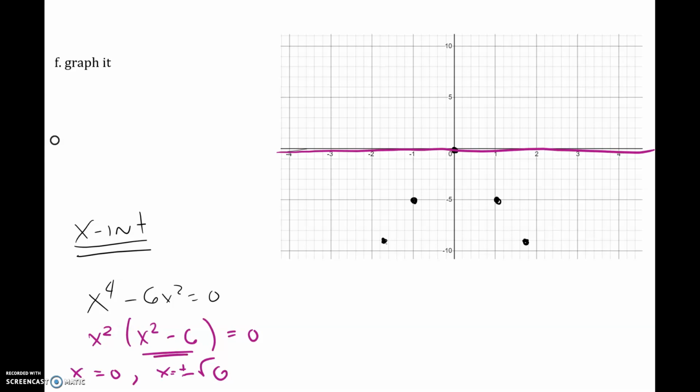So let's see if that fits with my graph, because the square root of 6 is approximately 2.5, somewhere around here. And of course, we already had this one because it was a maximum. Okay, so let's see. Our graph goes like this. Decreases, bottoms out, increases, tops out, decreases, bottoms out, increases, hits my x-intercept,